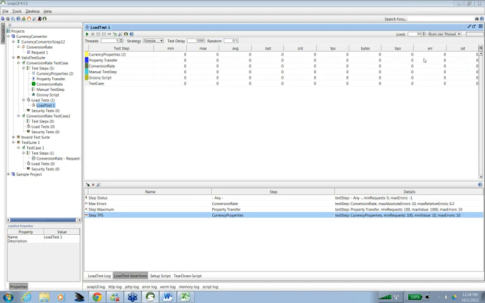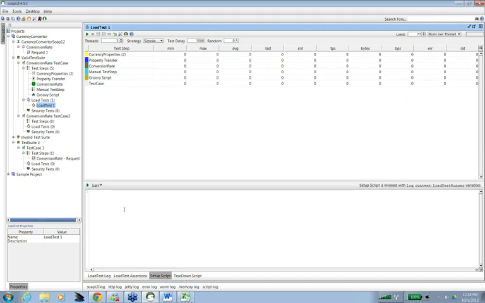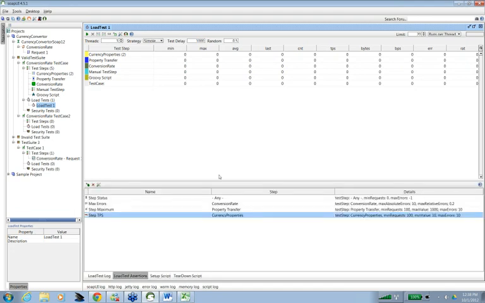For all types of requests, whether it is a load test or a functional test on an API, you can use some scripts. You can write a Groovy script, a setup script, or a teardown script. Scripts are sometimes used for logging. You may want to write a log that says I'm running the test at this time by this user. Or if you want to extract data from a file and do some load testing, you can also use setup and teardown scripts, but for that you need to learn Groovy script.